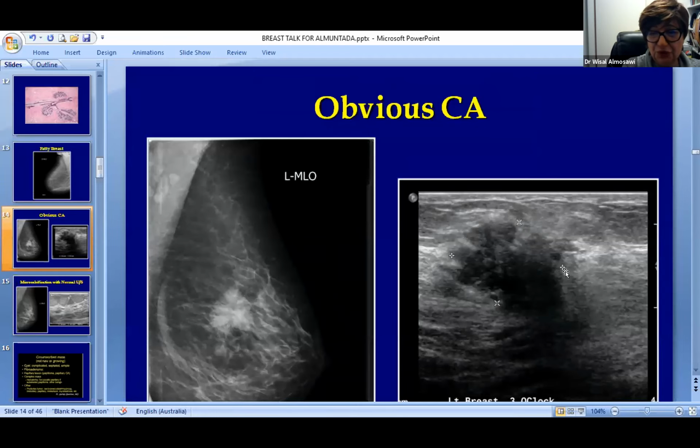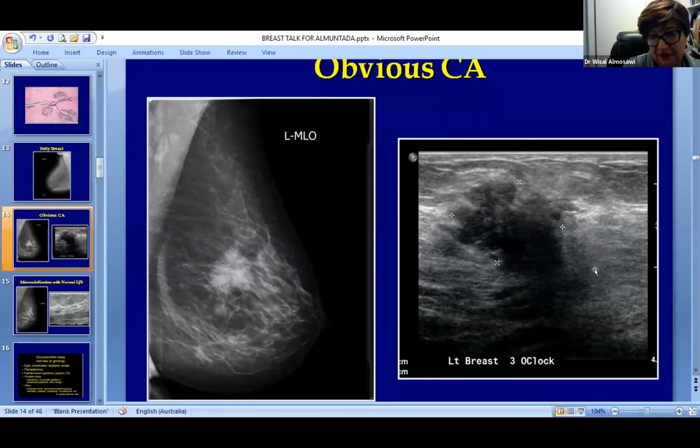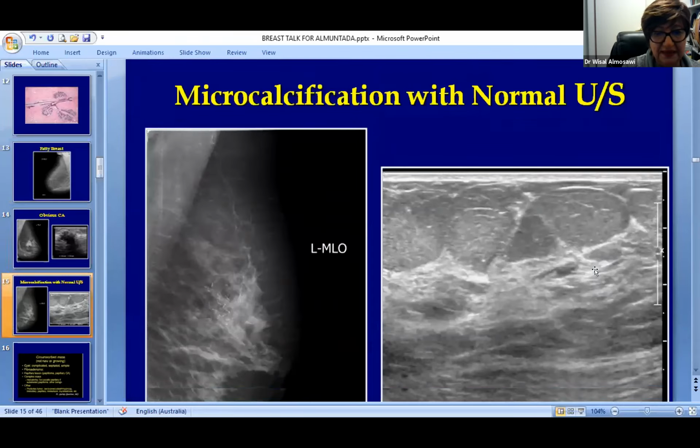I'm just going to show you a very simple, straightforward example of what breast cancer looks like. So usually it's irregular in outline, it has a spiculated margin, and it's dense. And when you compare it with ultrasound images, it's hypoechoic, height bigger than width. You see it's chewing into the breast parenchyma with spiculated margin, and it's associated with shadowing, and sometimes it has vascularity. So this is a BI-RADS type 5. So this is a different cancer.